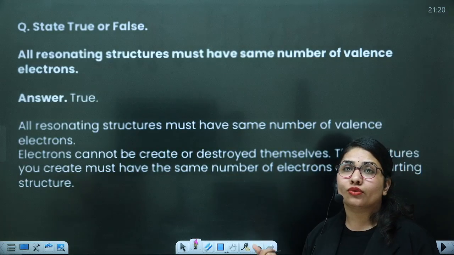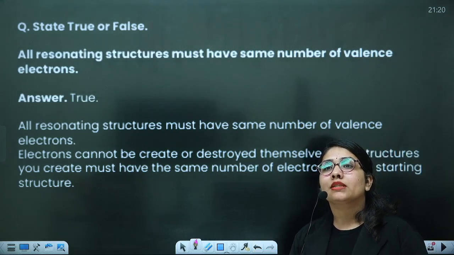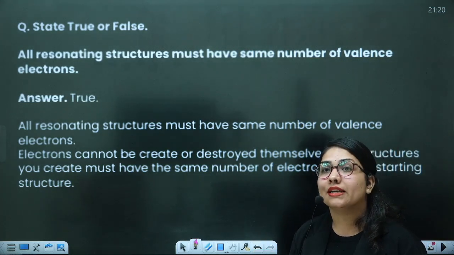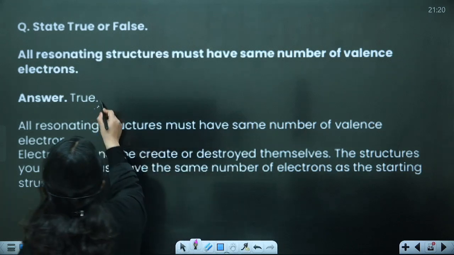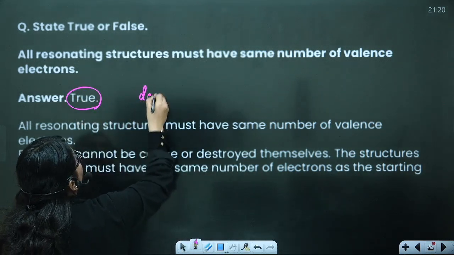Next, state true or false. All resonating structures must have the same number of valence electrons. Yes, it is true. Okay, we are talking about the delocalization,